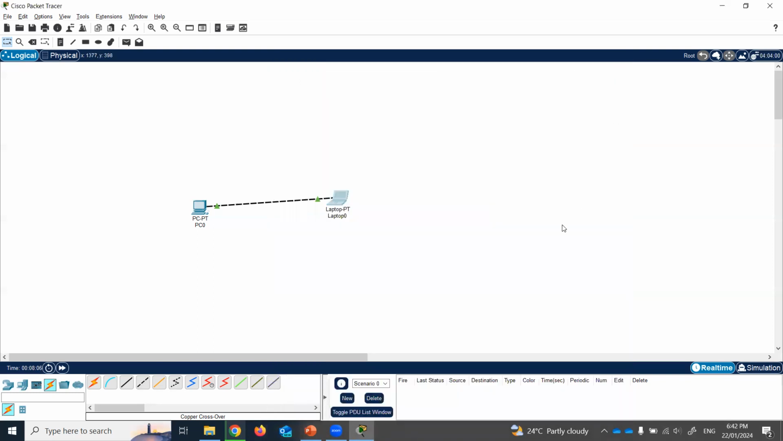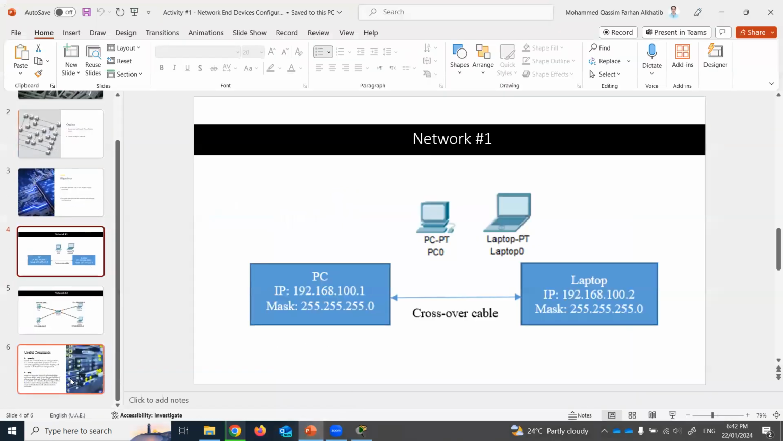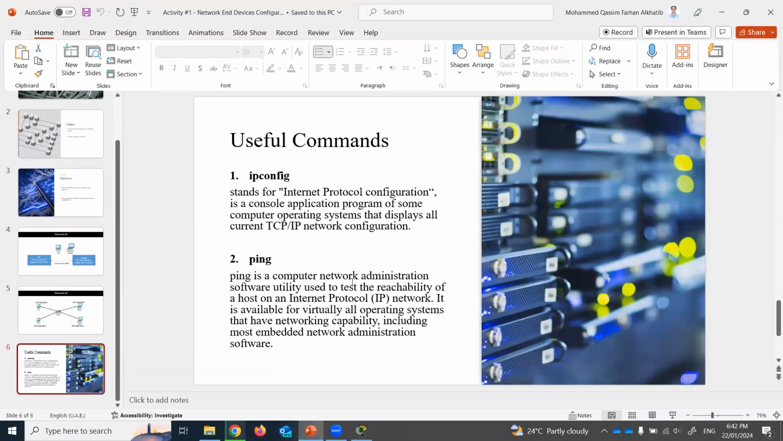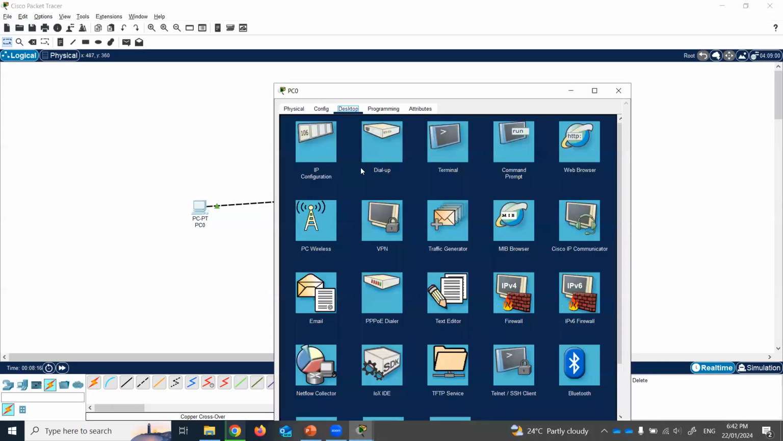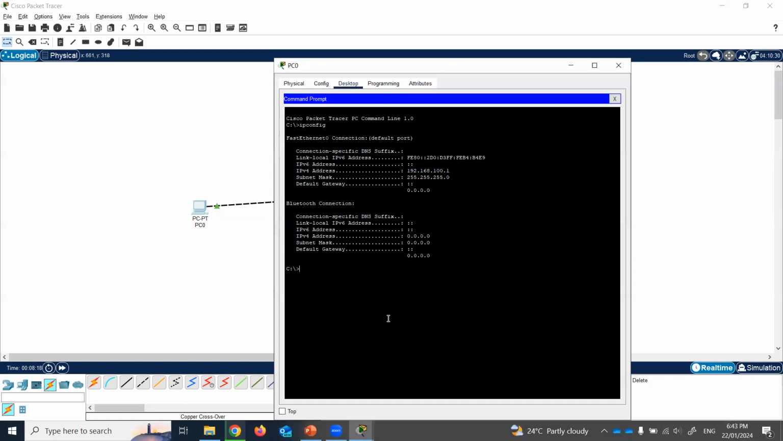All right, so how to test connectivity? To test connectivity, we use the command ping. So here is a summary actually for both commands, ipconfig and ping. So to do ping, you go again to the command prompt and just write the command as this, ping, and I'll put the destination IP address I want to check connectivity with. So I want to check with the laptop. So I'm at the PC, I want to check with the laptop,